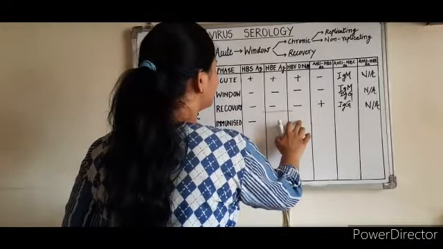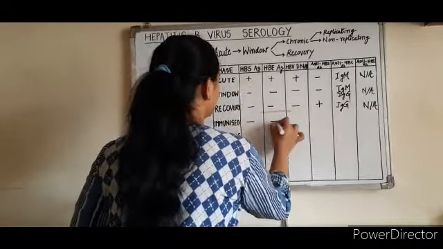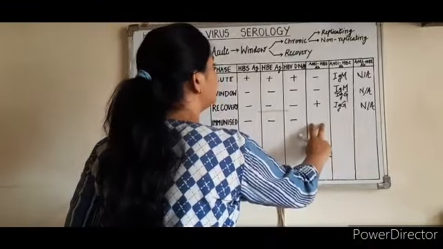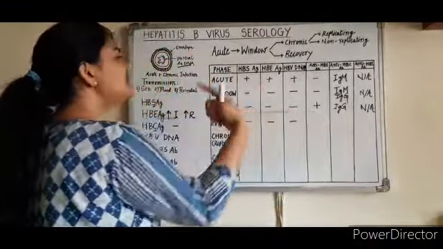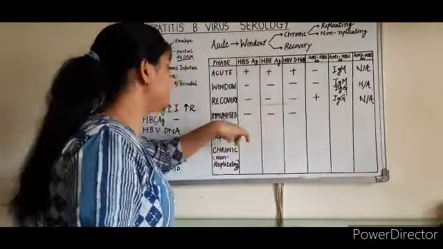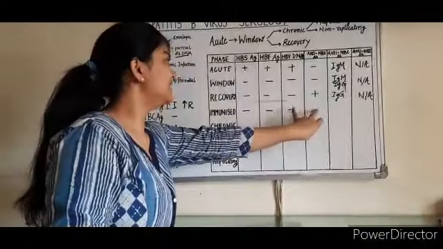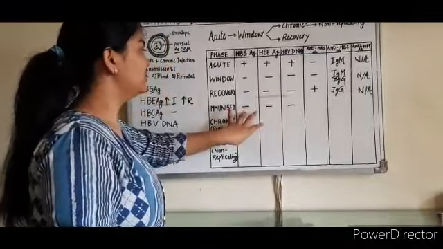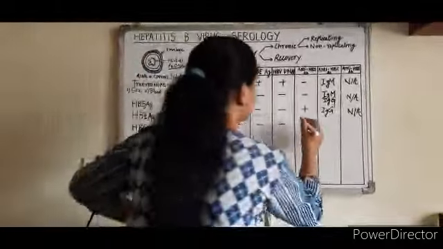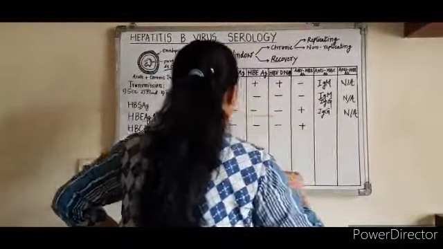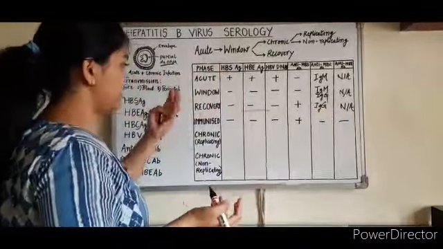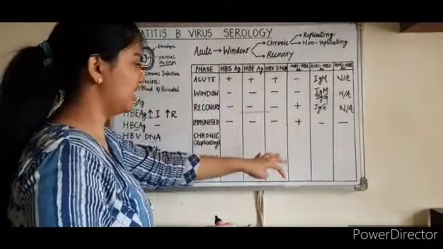Now these have not been injected, so they're out of question. And you have formed anti-hepatitis B virus surface antibody. Remember, it was the last one to be formed, I said. It's formed only when you're recovered. And that you are immunized means that you have formed this entirely and hence you have removed the titers of the hepatitis B virus surface antigen that was inoculated in you. So this stands at a positive. Others are not of question because we have not inoculated any of these other antigens or the DNA.